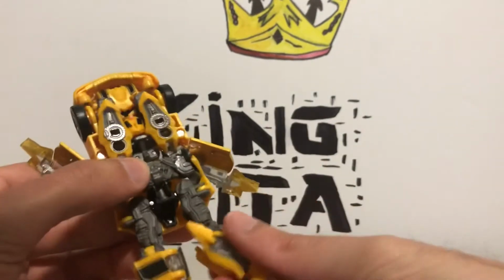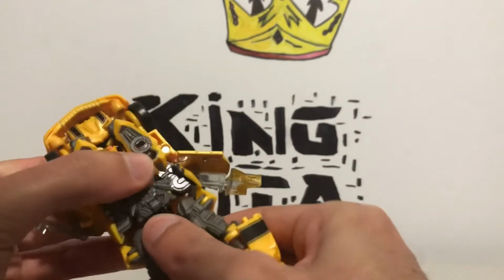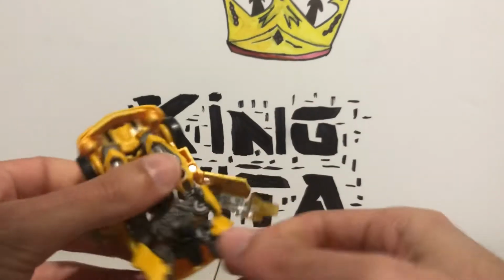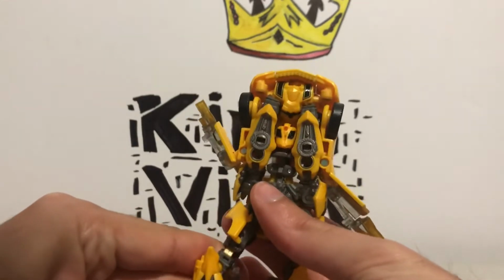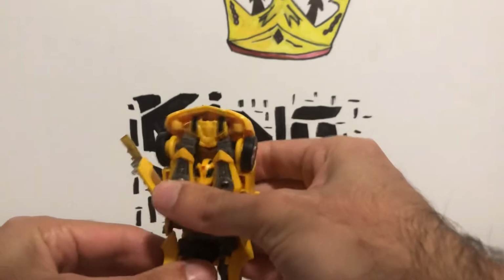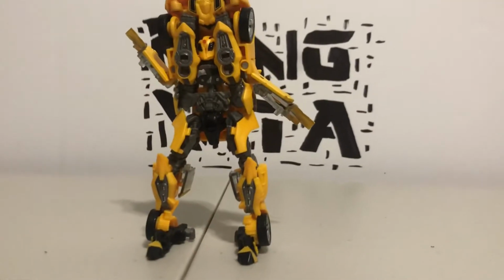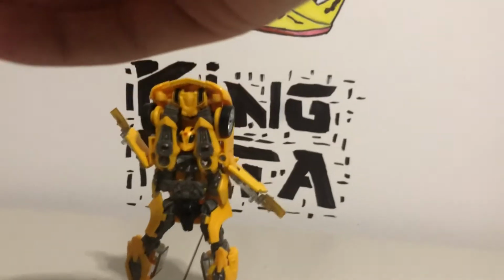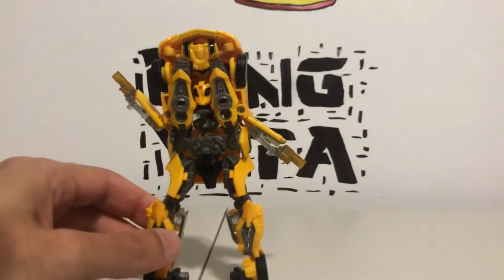Rotate that, rotate that, take this, rotate this whole waist 180, and there you have Bumblebee's legs, like that. There's legs all done. Now,